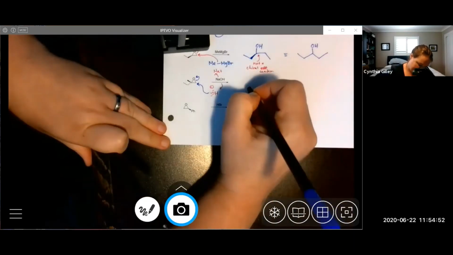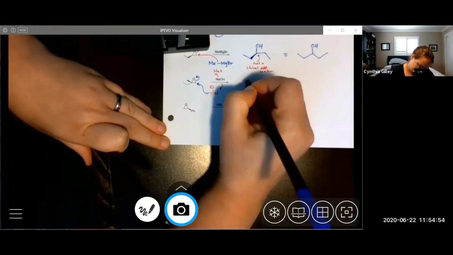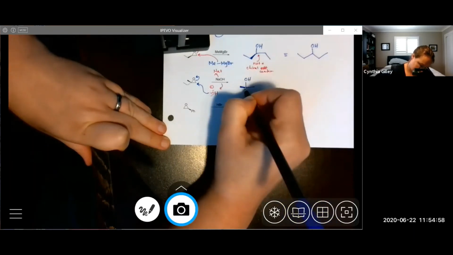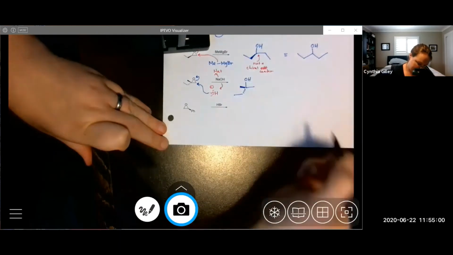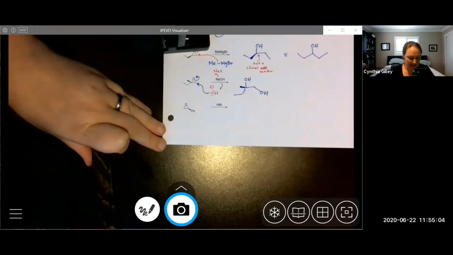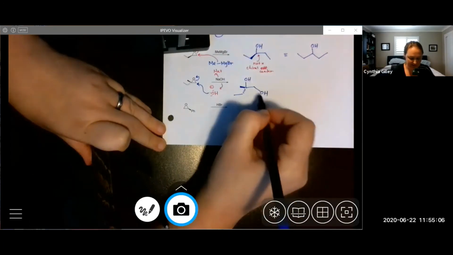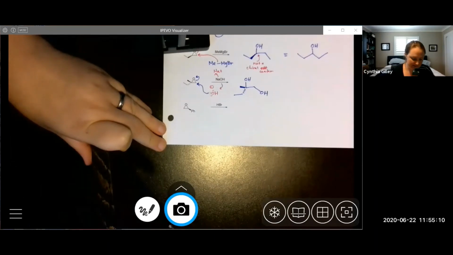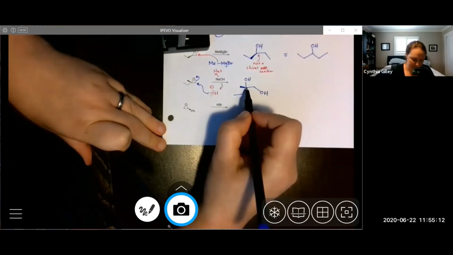We're just going to keep this as is, exactly like it's drawn, and then this becomes, and again, it doesn't matter what angle this is, because this is not a chiral center, but this is definitely a chiral center, so we want to make sure that